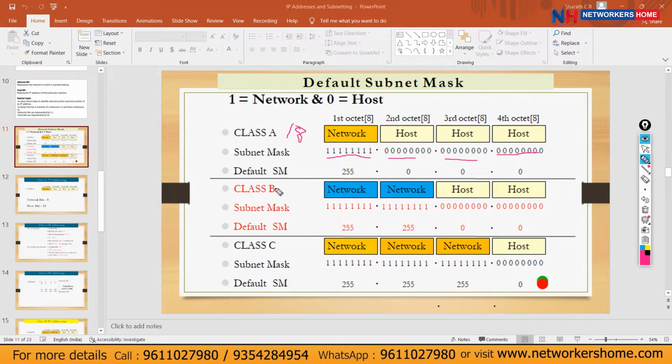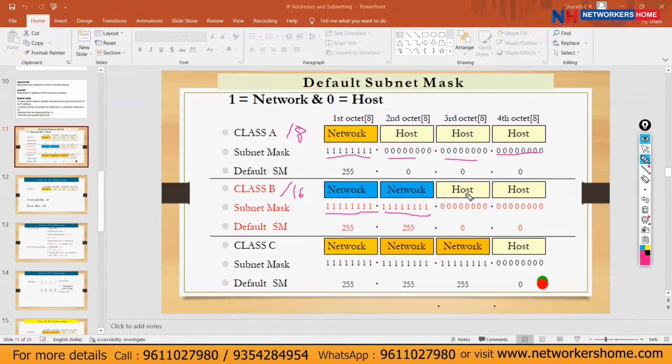Okay, for Class B, /16. So the first two octets are filled with ones. /16 means 8 here, 8 here, so 16. The next two octets are filled with zeros, which means the first two octets are network bits.